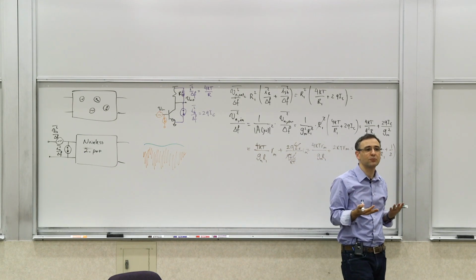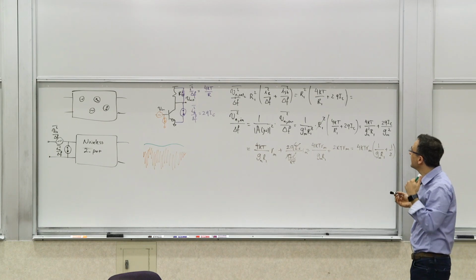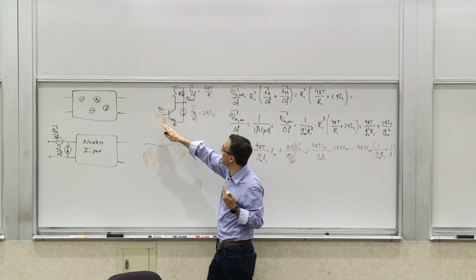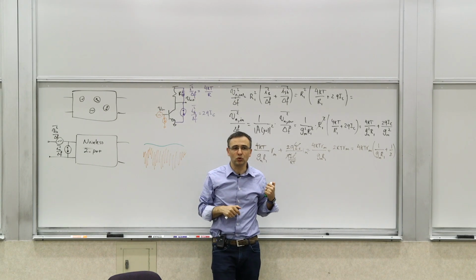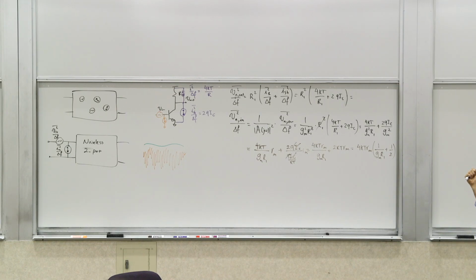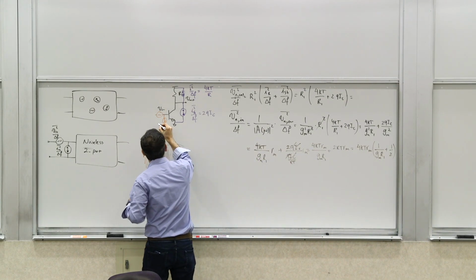We need to also calculate the input-referred current source, right? What is that input-referred current source? It's something that needs to produce this output when the input is open. When I keep the input open, it has to produce that output, right? So what do we get if we have this current source? Let's say this is I in